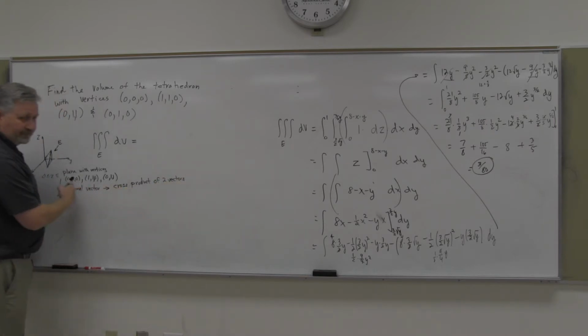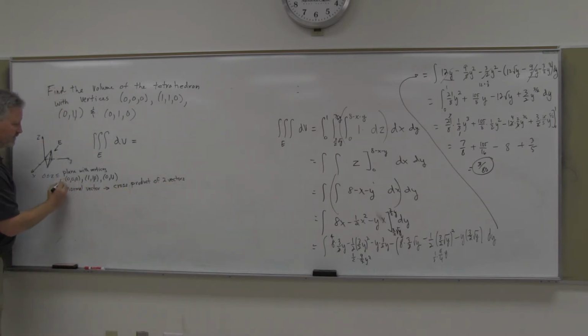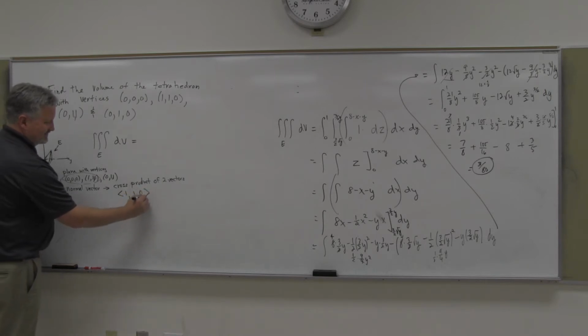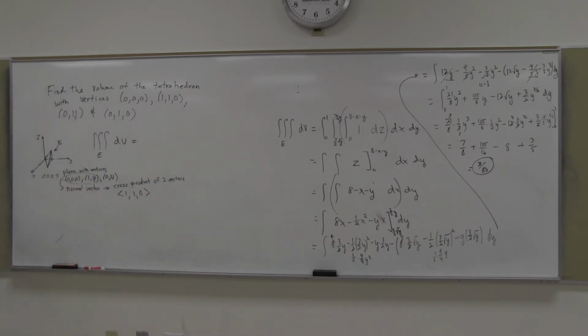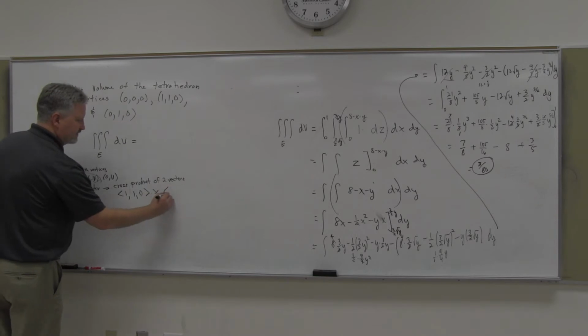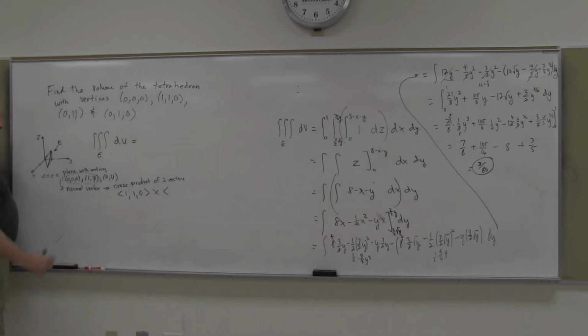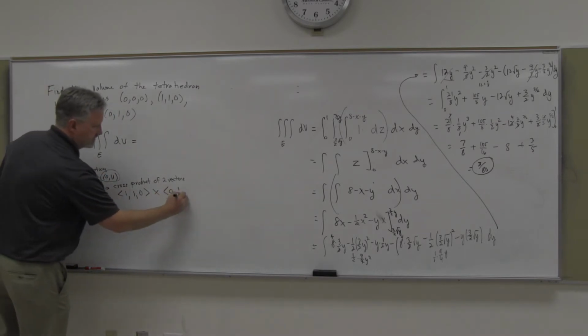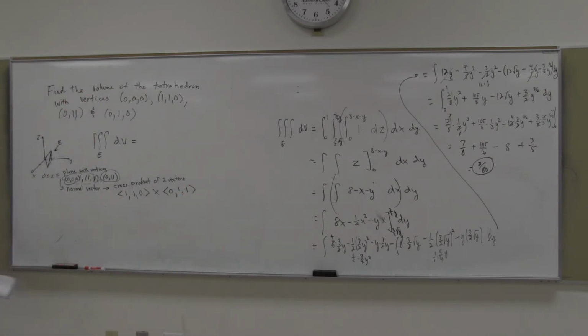And again, nicely, we've got 0, 0, 0 as one of the points. So if I get a vector off of that, you just subtract the x, y, z portion. So that vector would be 1 minus 0 would be 1, 1 minus 0 would be 1, 0 minus 0, basically just converting that to a vector. And then the other vector, that we could do if we did this one and this one. So 0 minus 0, 1 minus 0. Remember all that. So do the cross product,